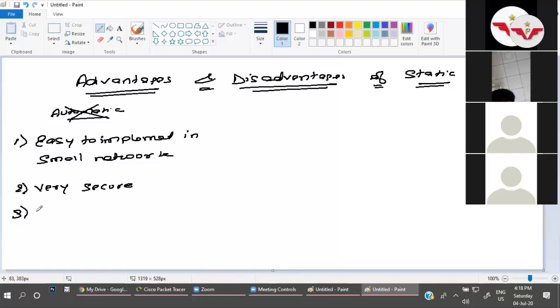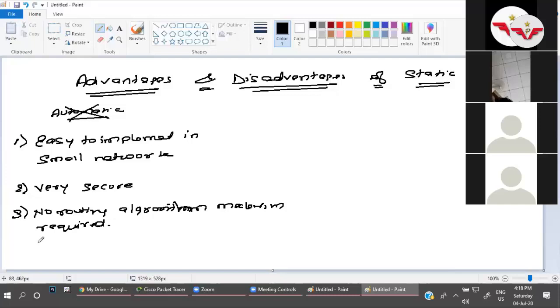Overhead: no routing algorithm or mechanism required.